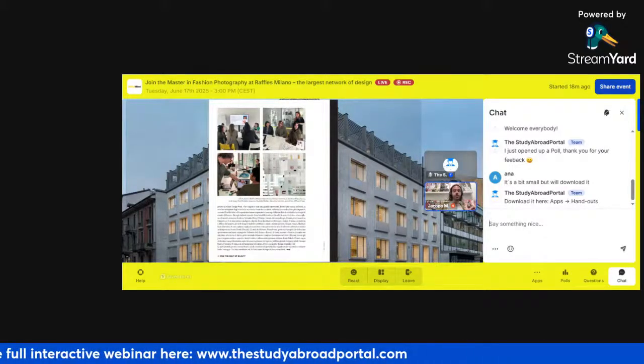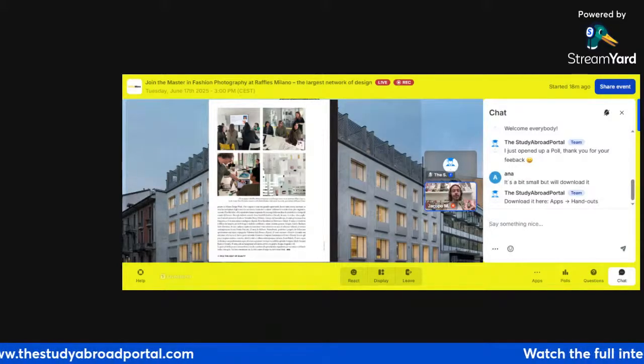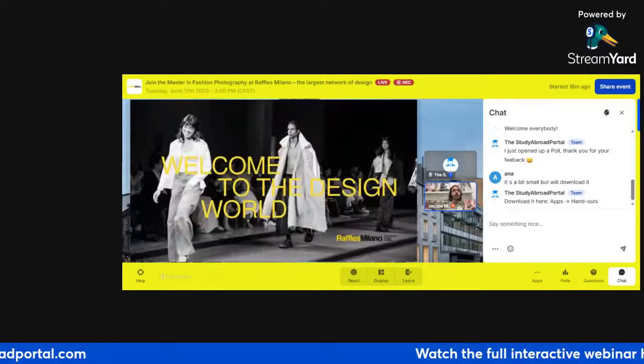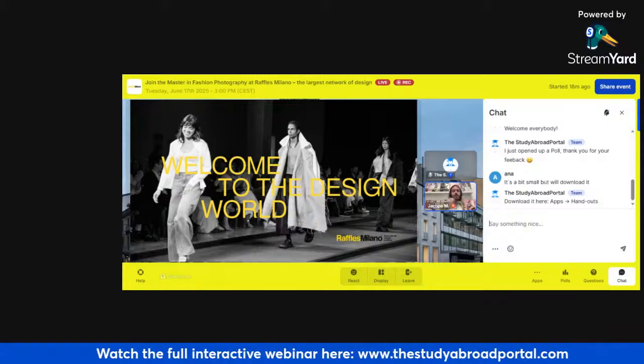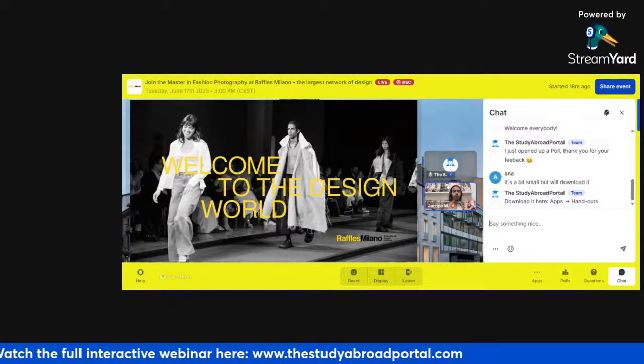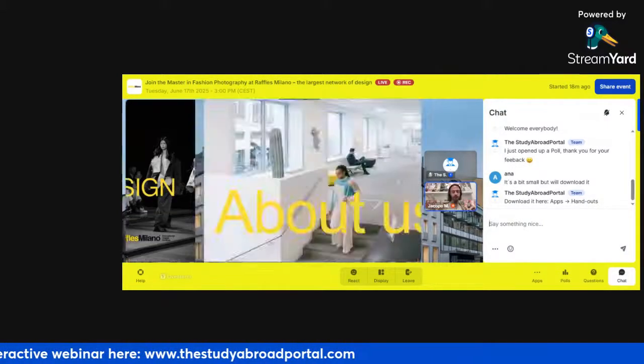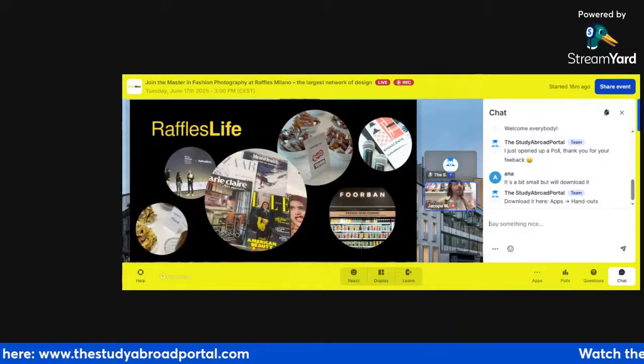Let's move on, because this was an example of a project that our students did in terms of still life. But fashion photography is not just still life, it's not just beauty. Sometimes we go to the fashion week, and I will also talk to you about that, but we will also do some